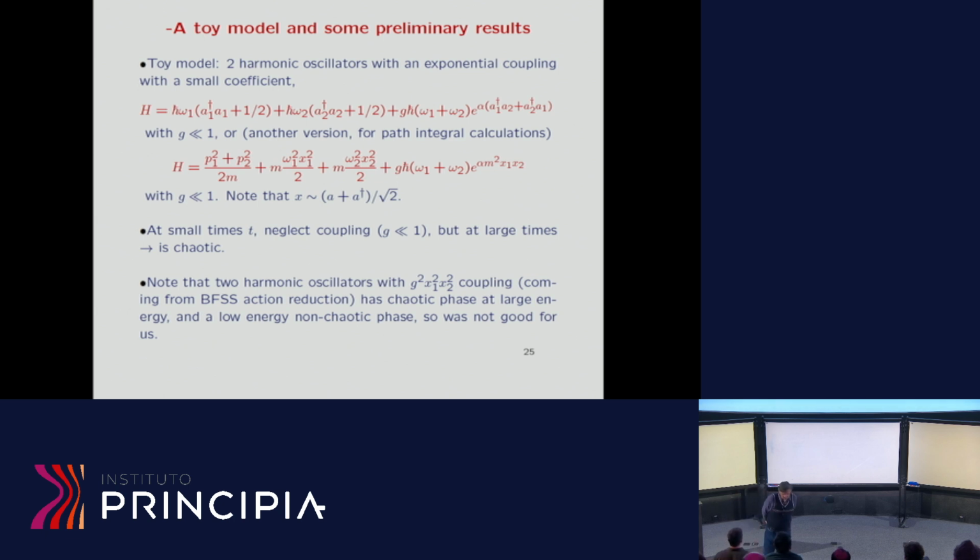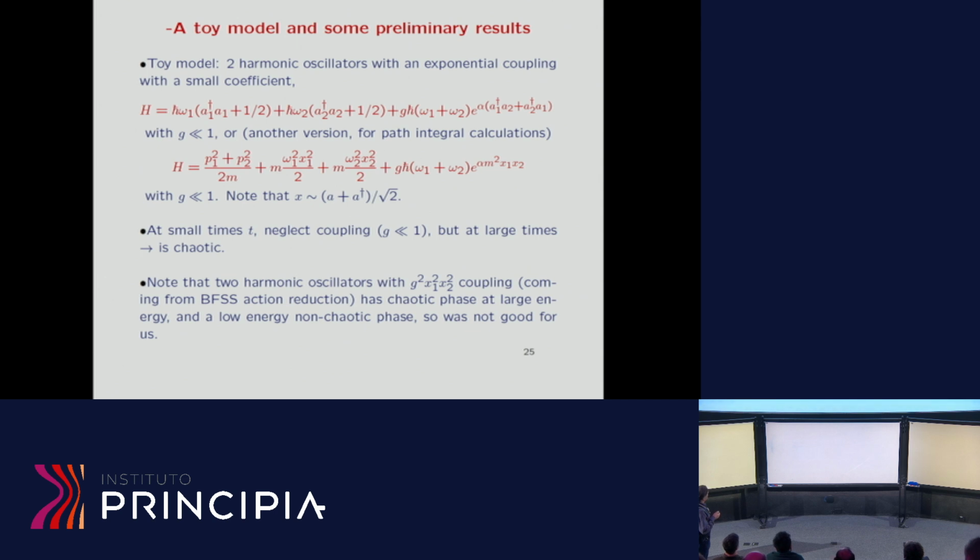So now we consider the toy model and some preliminary results, which, I'm not sure how good they are. For the moment, they're a little bit inconclusive. But as a simple system, we considered two harmonic oscillators with an exponential coupling in between. There are two versions that we considered, one with just A and A dagger, and one with exponential of alpha x1, x2. And if we put this G to be very small at small times,